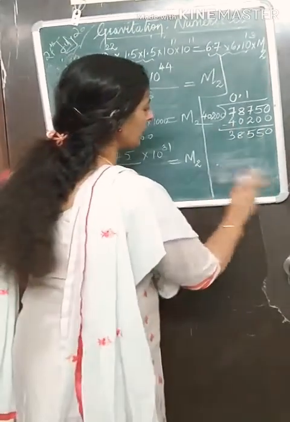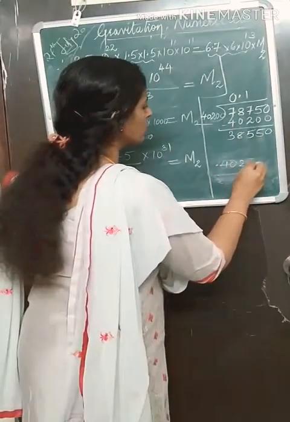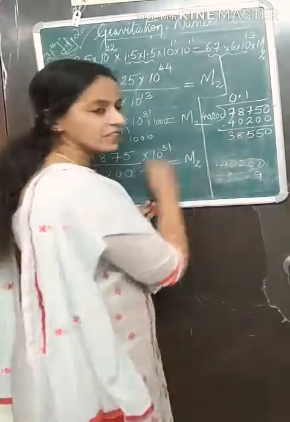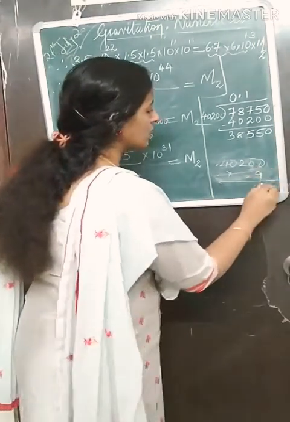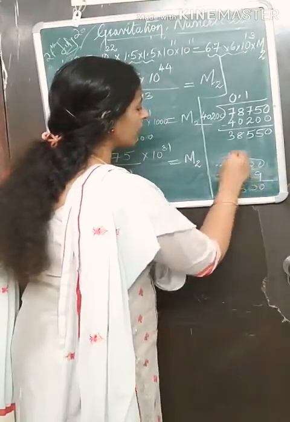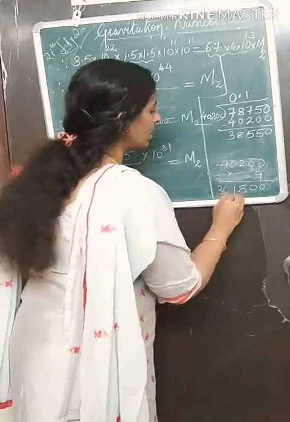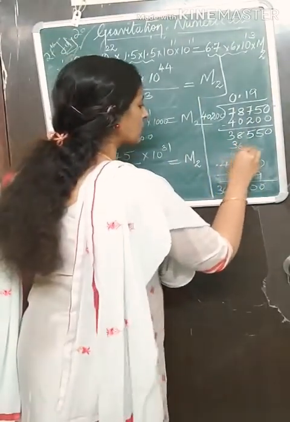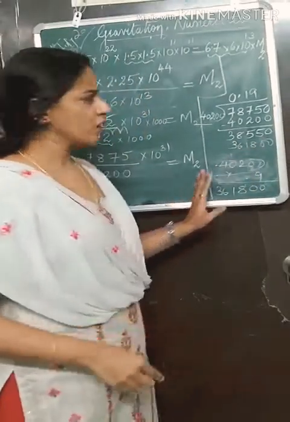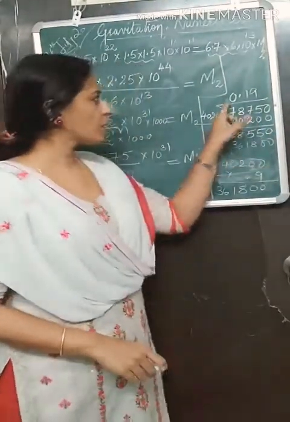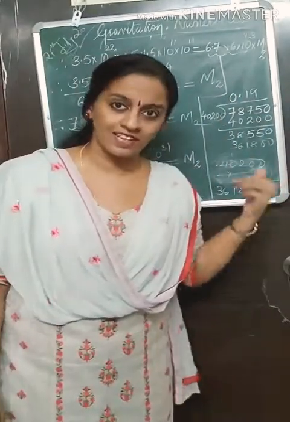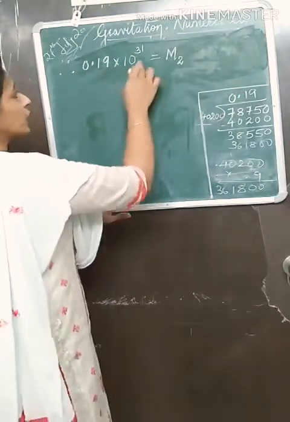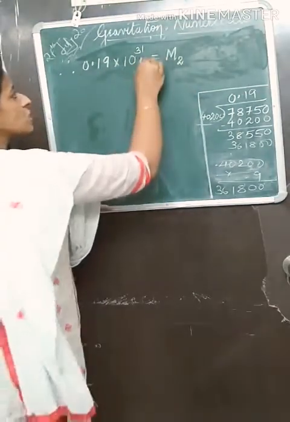Now I'll multiply 40200 by 9, because I know 9 fours are 36 and here we have 38. So 9 zeros are 0, 9 zeros 0, 9 twos are 18, carry 1, 9 fours are 36. So we write, 9s are 361800. Now you know there is no need to do further calculation because after the decimal point you got 2 digits. So let's write it down. Keep the answer as you got, 0.19 into 10 raised to 31. It is mass, so kilogram.